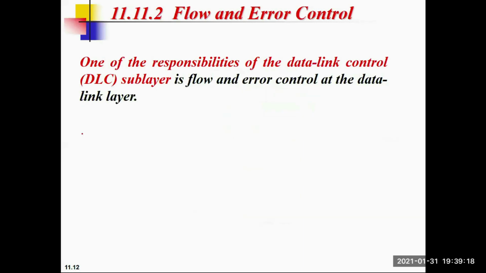So one of the responsibilities of data link control sublayer is flow and error control at the data link layer.